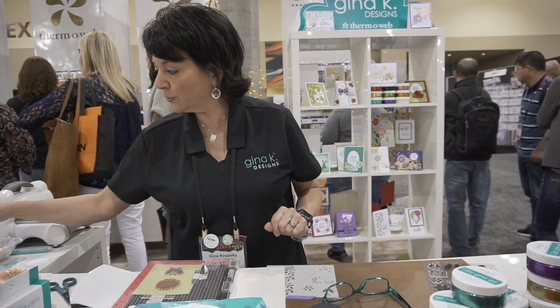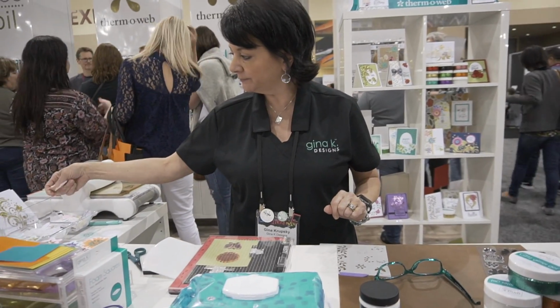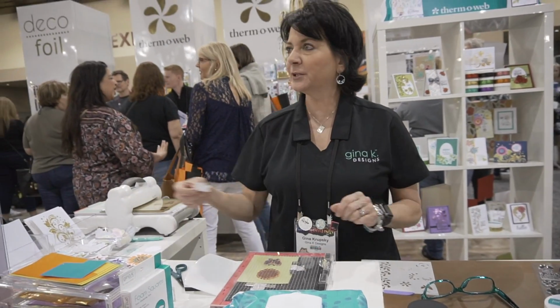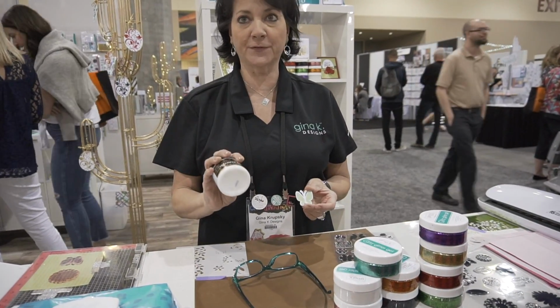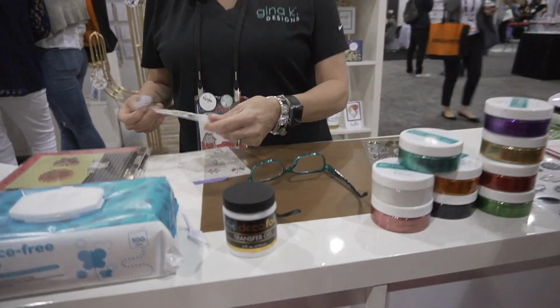Now I want to show you the same thing. I have butterflies that are already pre-done. Let's do a different color this time. So here's a butterfly. Hi! Here's a butterfly that's pre-done, and this is done with the Deco Foil transfer gel. So what I'm going to do with this is